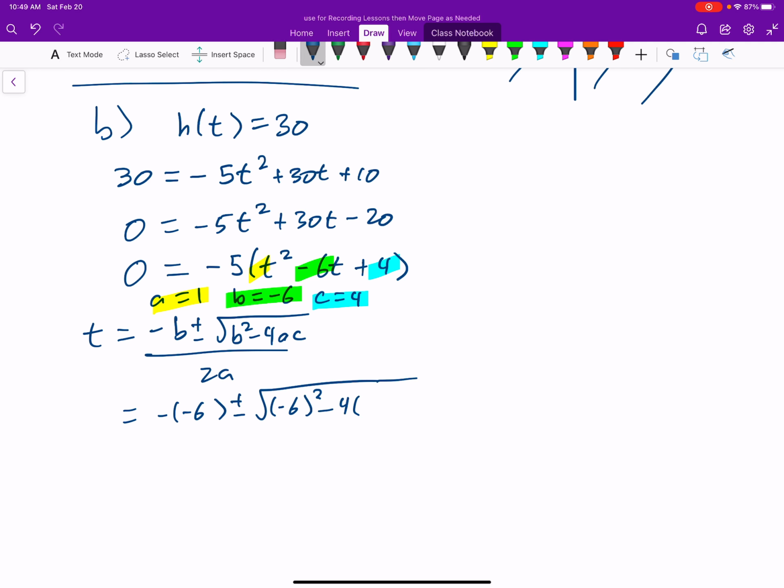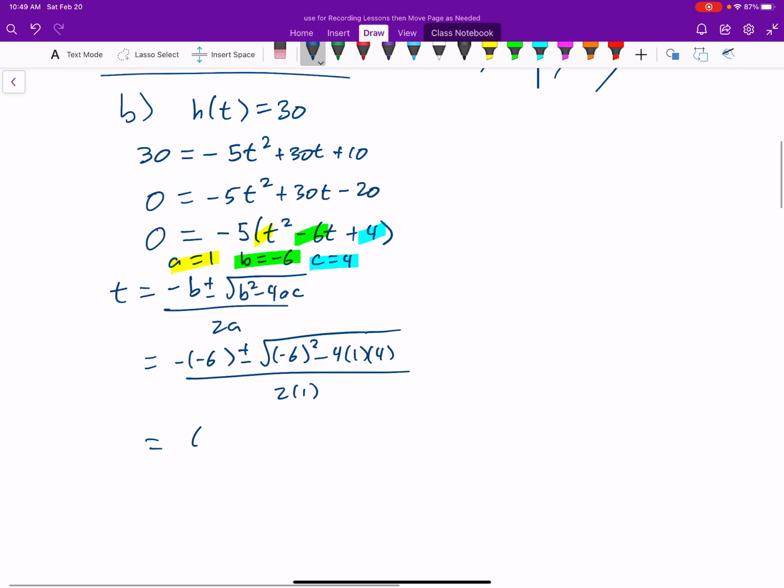Oops, that should be a minus 4, though, times 1 times 4. Okay, all over 2 times 1. So 6 plus or minus the square root of 36 minus 16 all over 2. And 36 minus 16 is just 20. So 6 plus the square root of 20